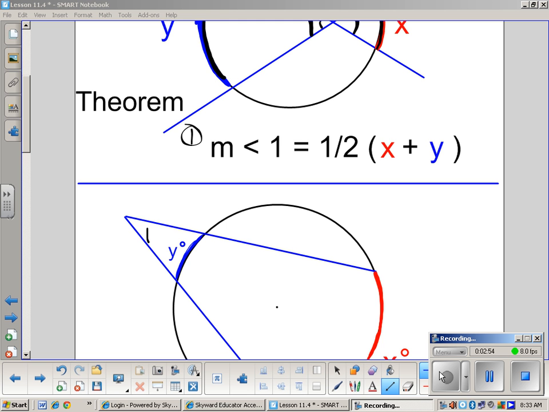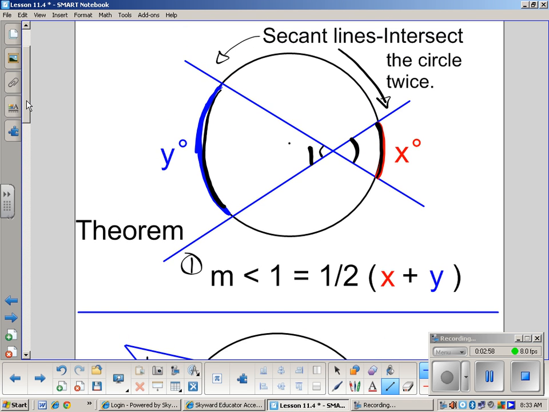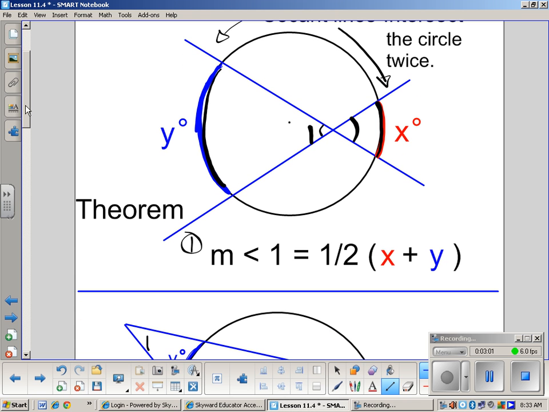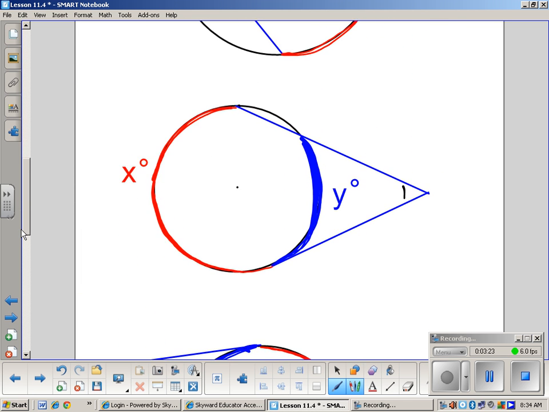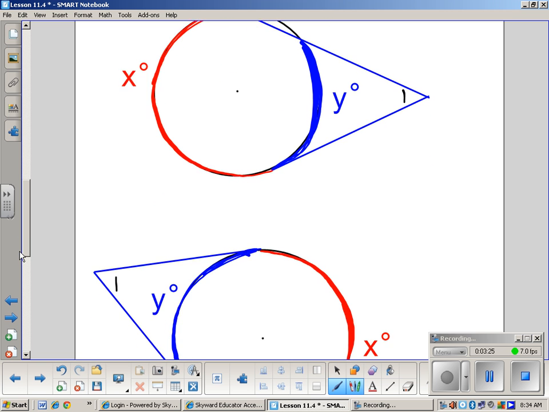My notes got changed a little bit, and so we're going to clean this up. I put this line here because this formula only goes with this picture. If they intersect inside the circle, then the measure of the angle is equal to half the sum of the arcs. Okay? These other 3 pictures, which you'll want to copy down,